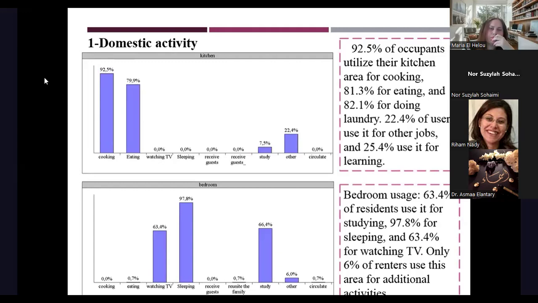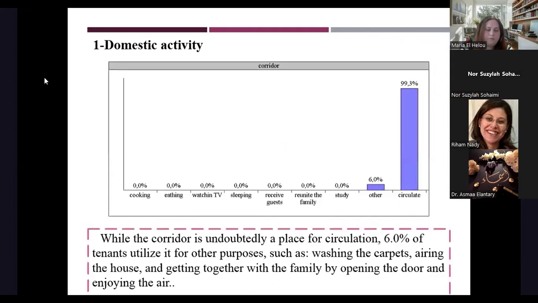However, 22.4% of users use it for other jobs, and 25.4% use it for learning. The bedroom usage: we have 33.4% of residents using it for studying, 97.8% for sleeping, 63.4% for watching TV, and only 6% of residents use this area for additional activities. The corridor is undoubtedly a place of circulation, and 6% of tenants utilize it for other purposes, such as washing the carpet, ironing, and getting together with the family by opening the door